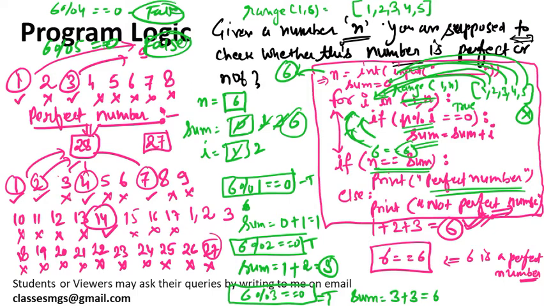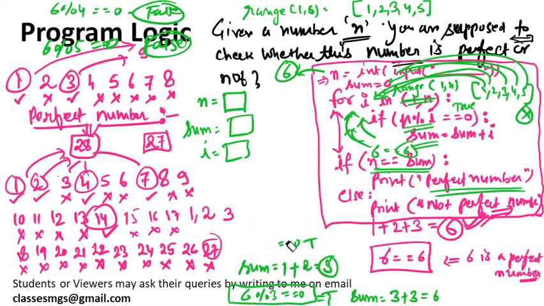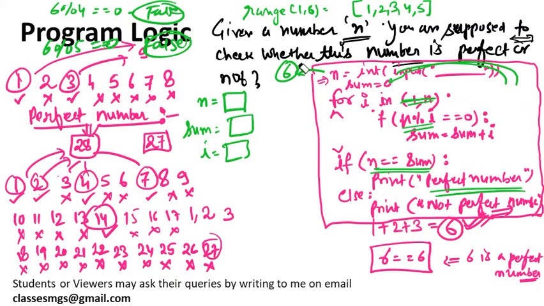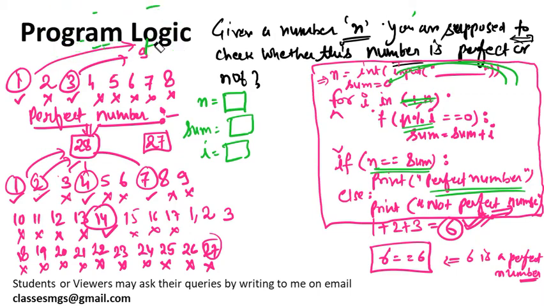Okay, so let's try to execute it for some non-perfect number, whether it is working or not. Let's take some non-perfect number and solve the same problem again. So I am erasing all those and let's pass 5 this time and check whether this is working or not. So this time let's suppose the user has entered the value 5.